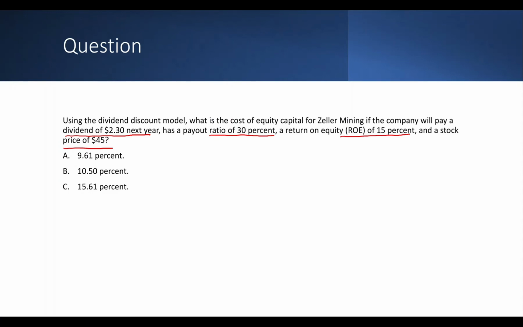So for DDM, we first need to calculate the value of g. And what is g? It is retained earnings multiplied by the return on equity. So this is the equation for calculating the value of g. And this term here represents the value of retained earnings. So g is 1 minus the dividend payout ratio, that is 30%, multiplied by the value of return on equity, that is 0.15. So g is